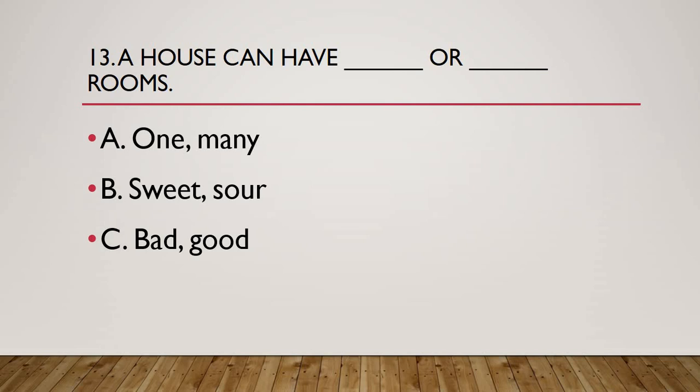Like if you see one and many rooms, okay, it matches. Then if you say sweet and sour, no. These are the tastes. These are not the type of houses. If you say bad and good rooms, yeah, that is kind of a 50% match to these blanks. So now I give you time to choose the correct option,